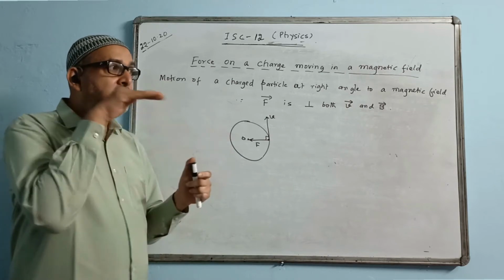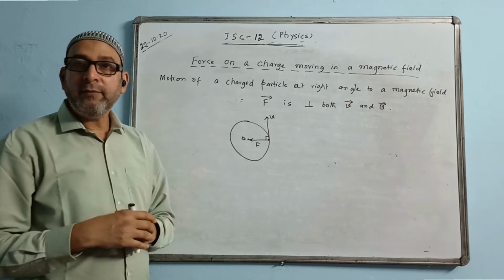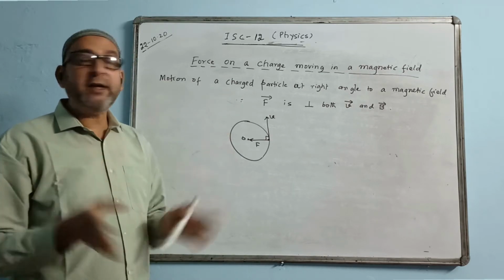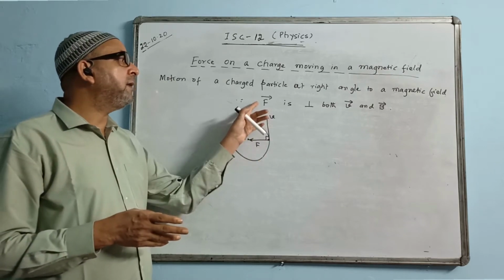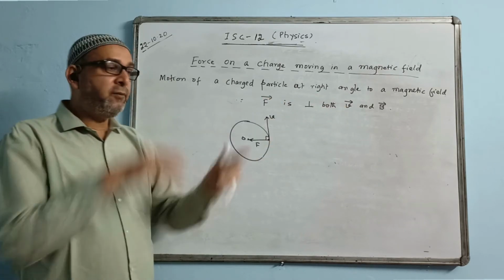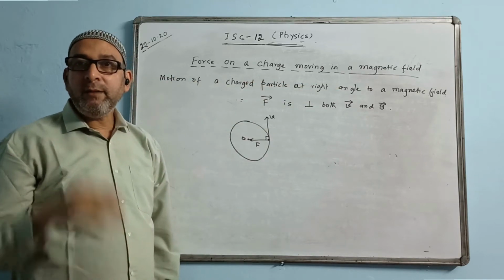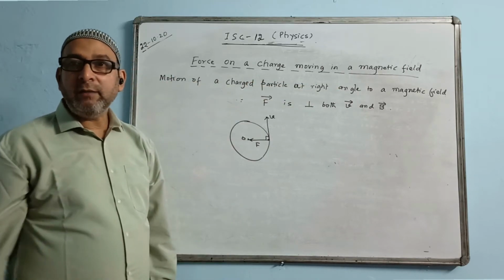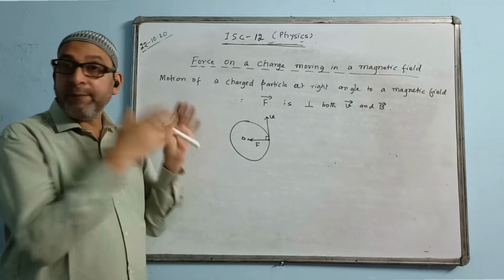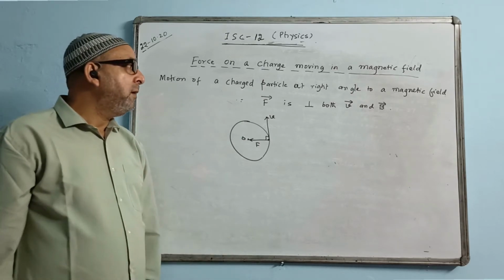When does the path become a straight line, or linear? When will the locus be a straight line? When the force is in the same direction as the velocity. When force and velocity are in the same direction, the path of the particle will be a straight line. So that will not happen here in this case.